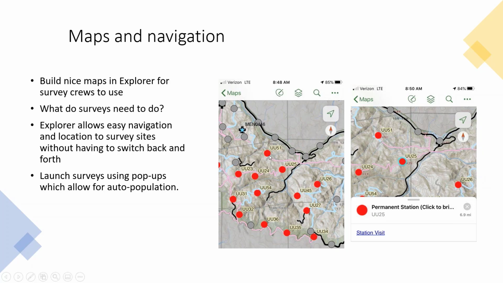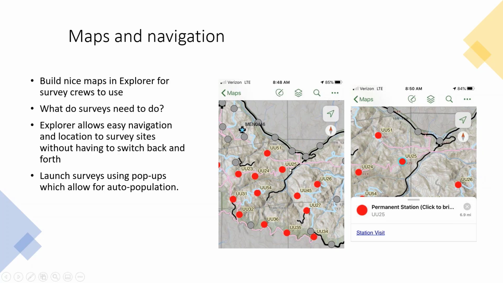A surveyor will navigate to one of these stations, and they will stand there for 10 minutes and hoot for spotted owls. We have 12 to 20 people out a night doing this. They can call anywhere from 8 to 20 survey stations in a single evening, so we're collecting a lot of data, and we want to make sure they have an easy way to navigate to their stations.